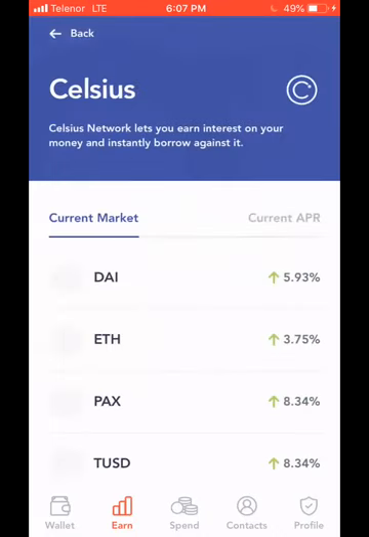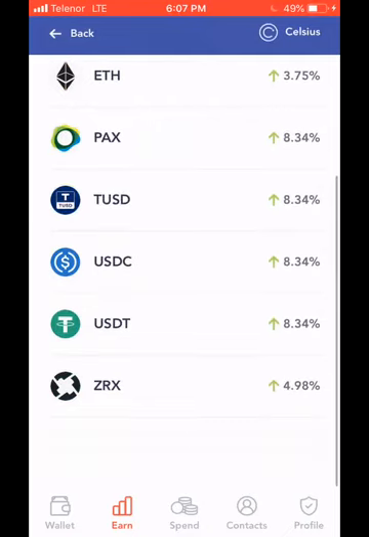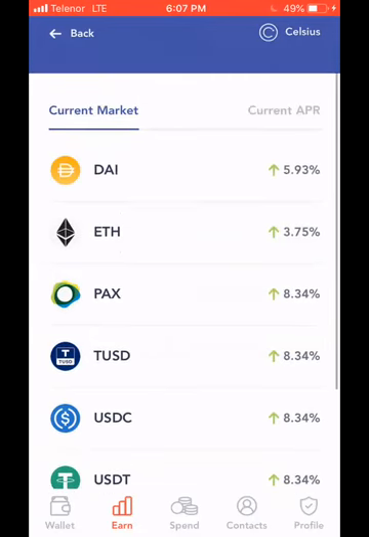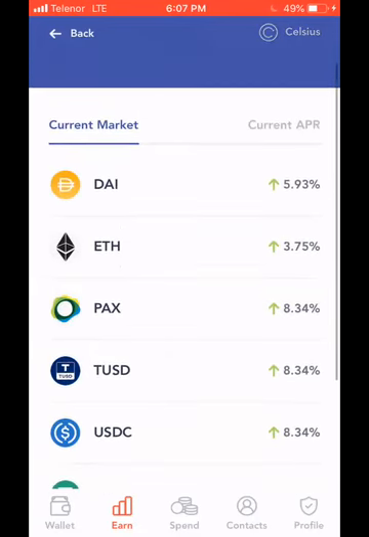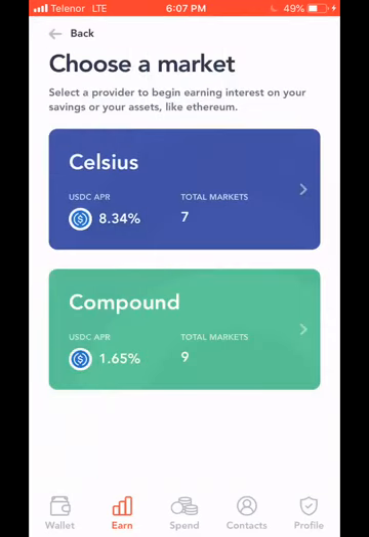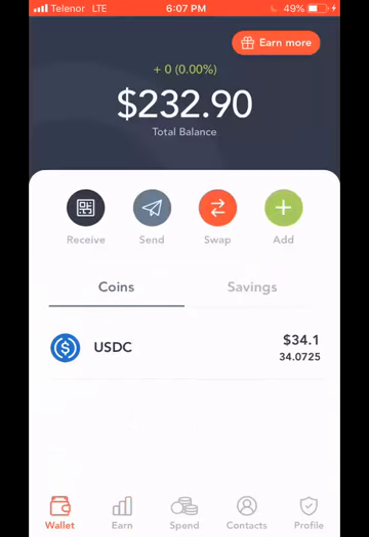If you want something more centralized, you have something like Celsius, where you have a wide variety of different cryptocurrencies you can lend out, as well as stablecoins like USDC, which we use by default on the app. You also have Compound, which has a wider range of cryptos, but is usually able to balance the books between borrowers and lenders. So again, as you can see here, I currently have 2 sections on the wallet